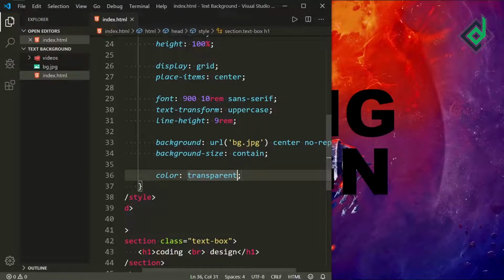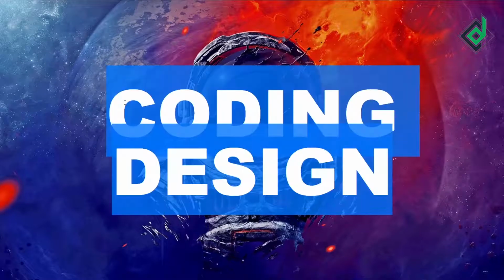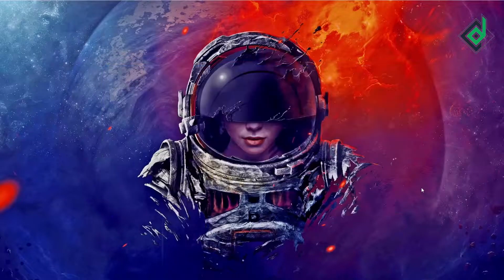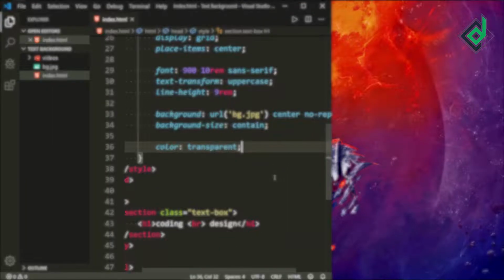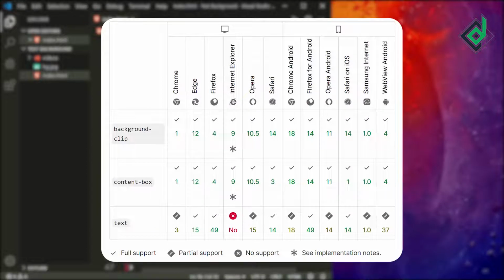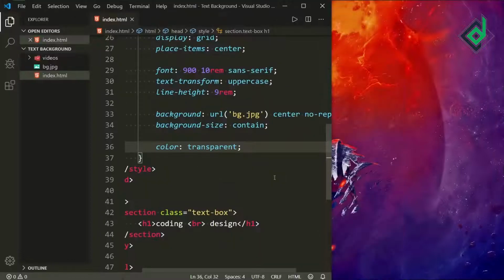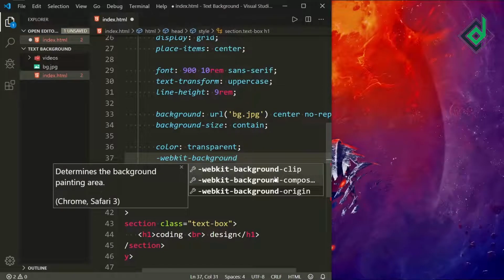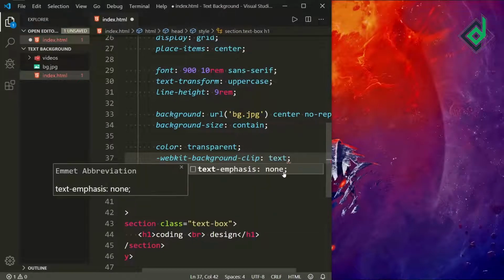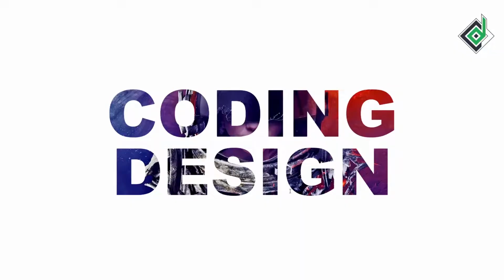Now you can see due to that transparent color, you can't see that text, but that text is still there. Okay, so now let's give another property called background clip. This background clip CSS property may not be supported by old versions of browsers. On this screen, you can see I have given you the picture showing different versions of browsers. So I'm giving the WebKit prefix, and let's give background clip. For the background clip, let's give text, and in the browser now you can see this is what you want.